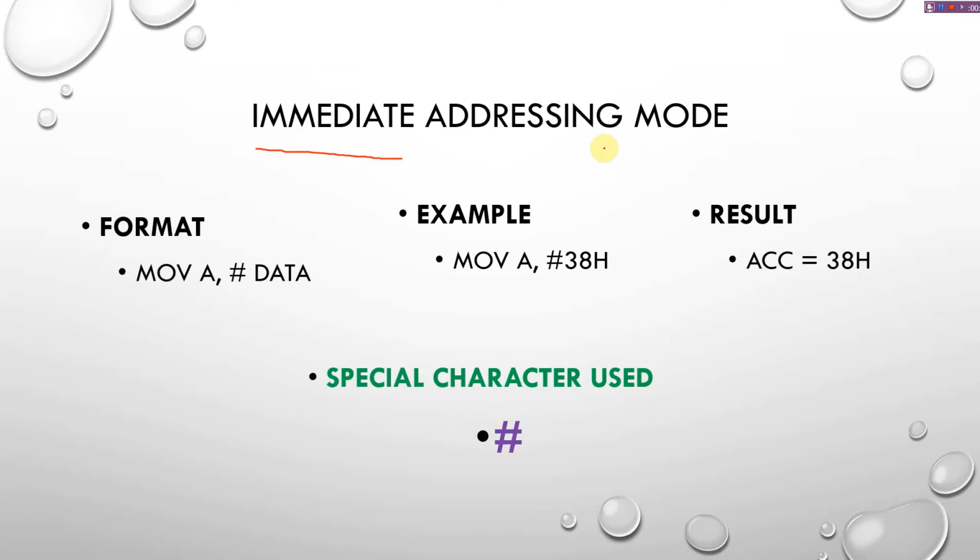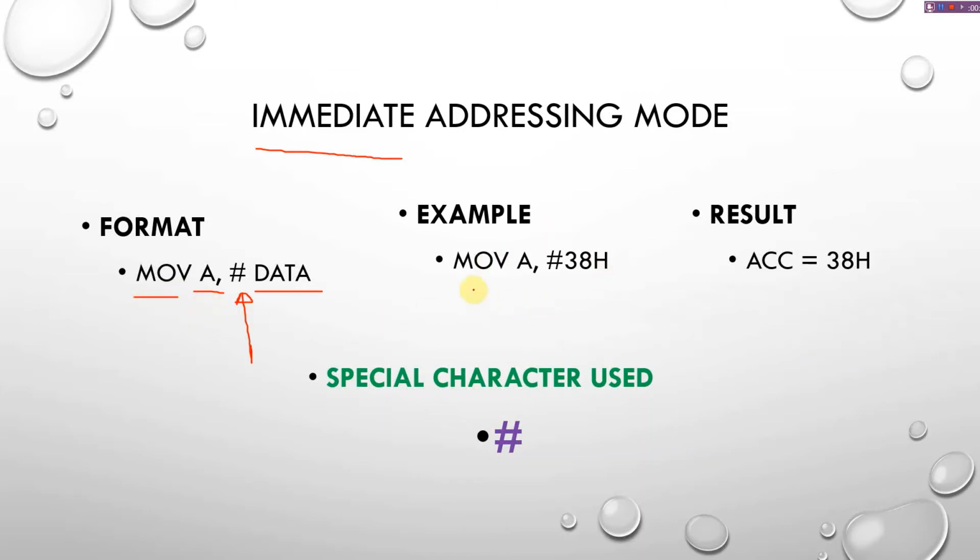The immediate addressing mode is for transferring an immediate data, that is an information, into the register. The register can be from the register bank or an accumulator. Now the format of the immediate addressing mode, for example, is MOV A, #data. Data is the immediate information. Hash is the specifier for the immediate addressing mode. MOV is the instruction to move the data from one location to another location. A is the accumulator register.